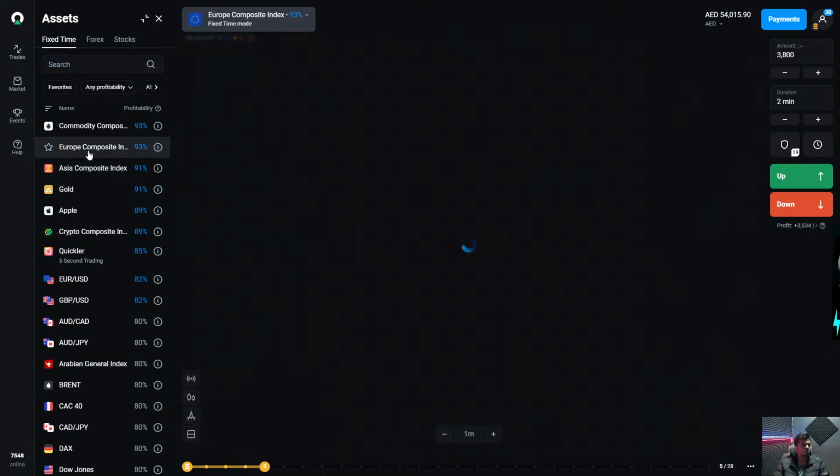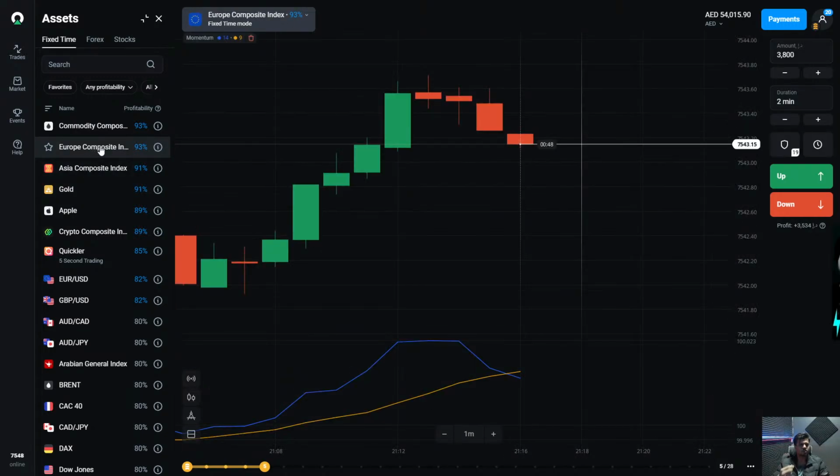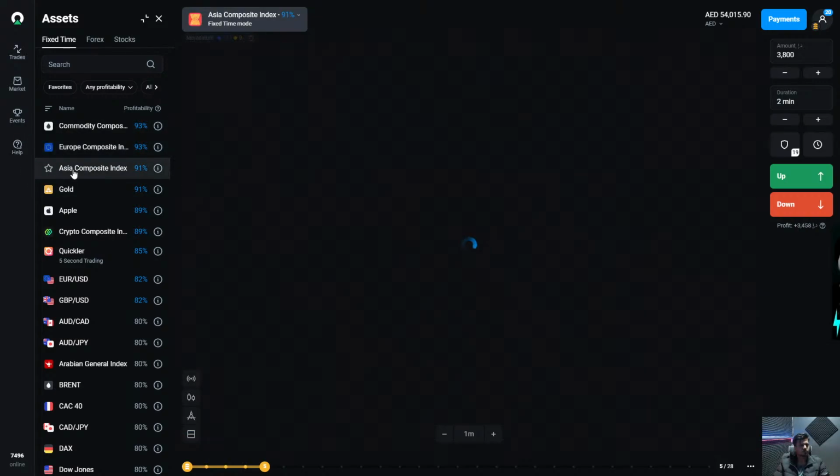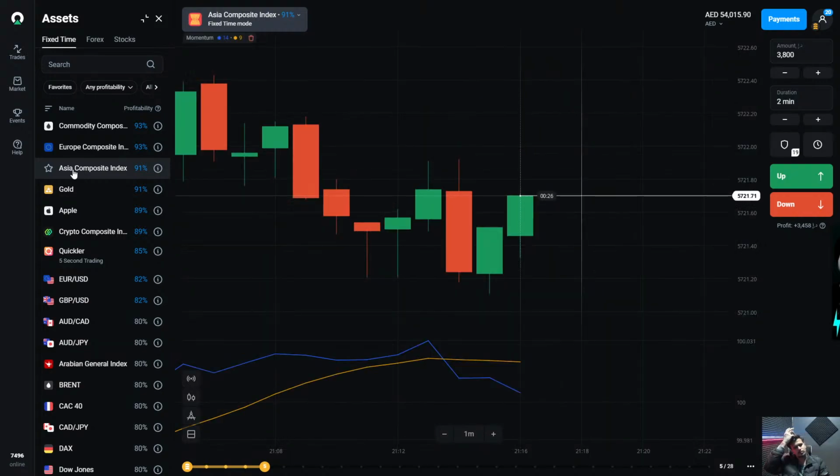There is no necessity to make continuous trades whenever you see just one Japanese candlestick moving in that direction. You can wait at least some seconds or some minutes, and after that decide where to make the trade. So you can avoid mistakes. The Asia Composite Index is moving right now in the upward direction.